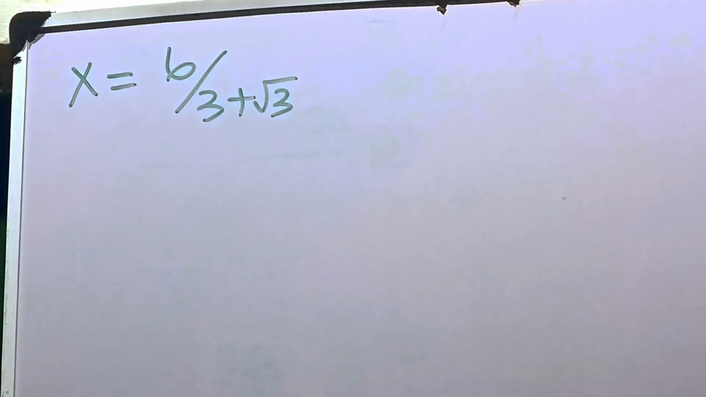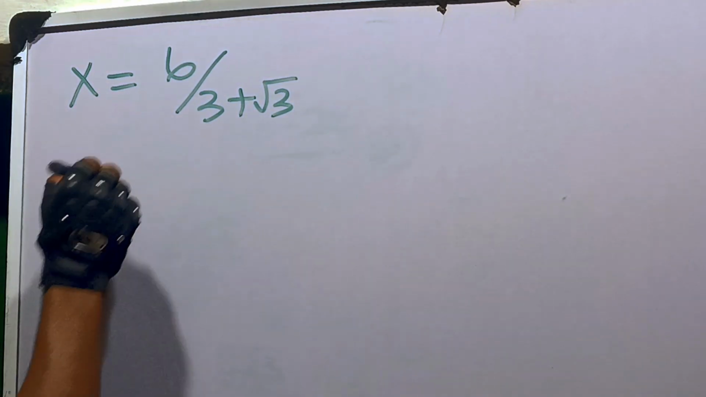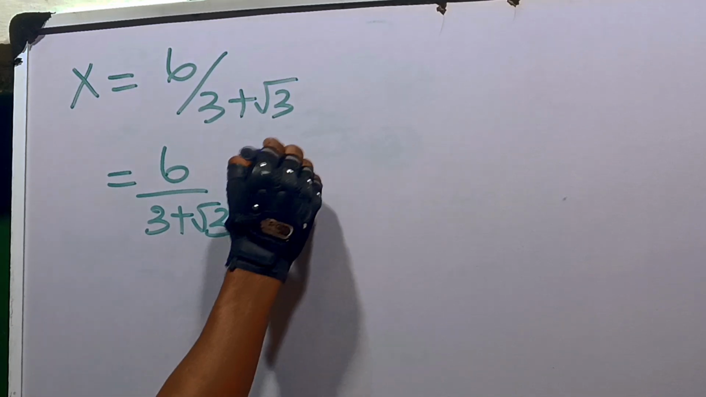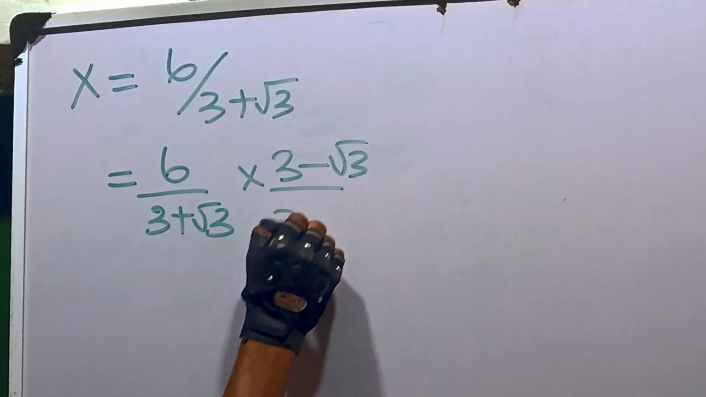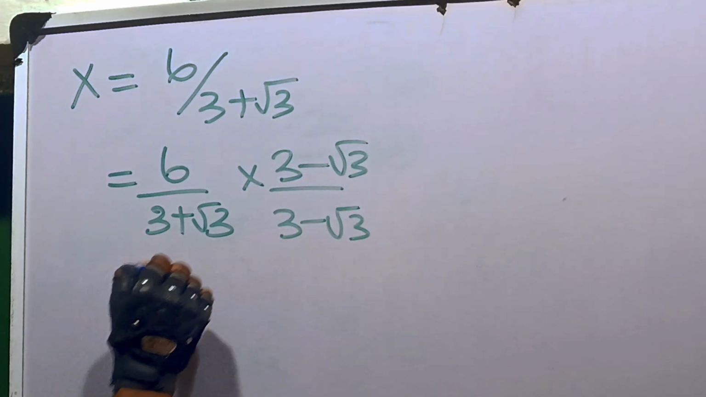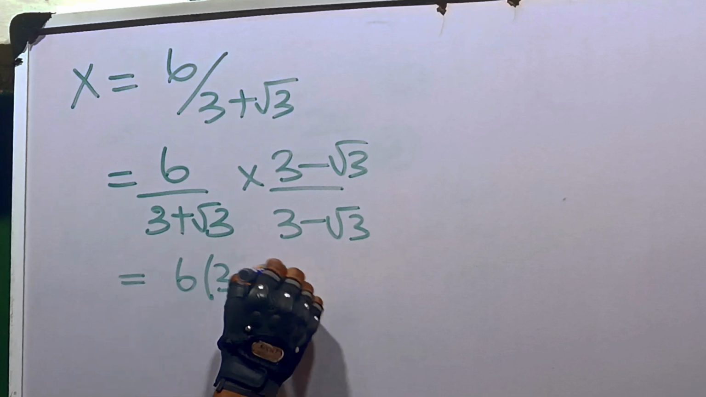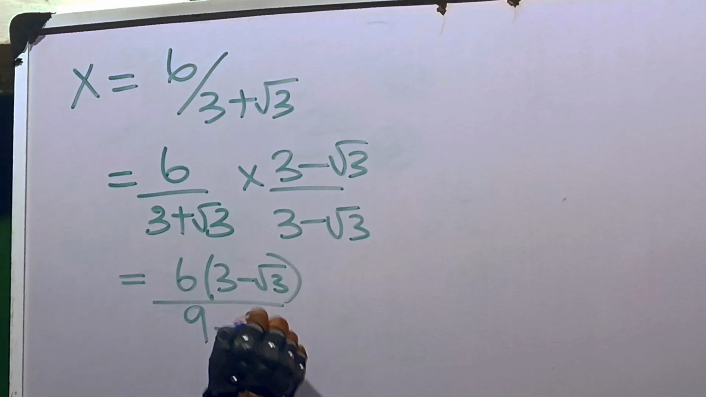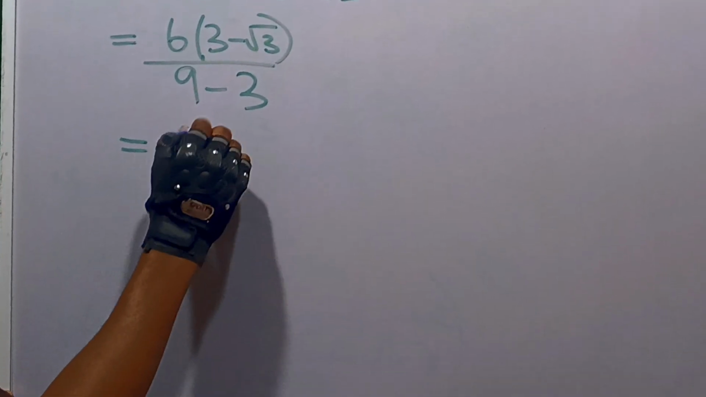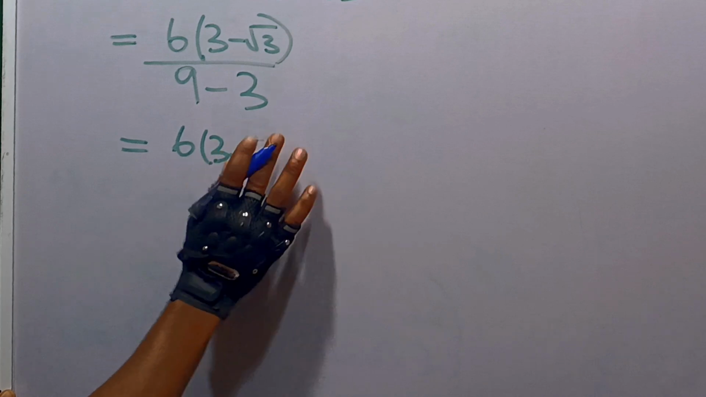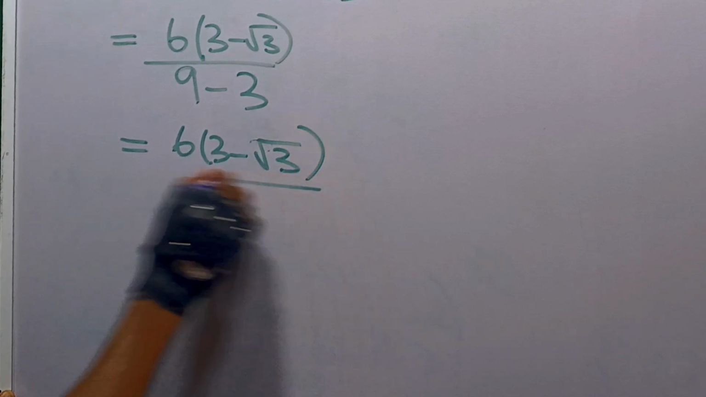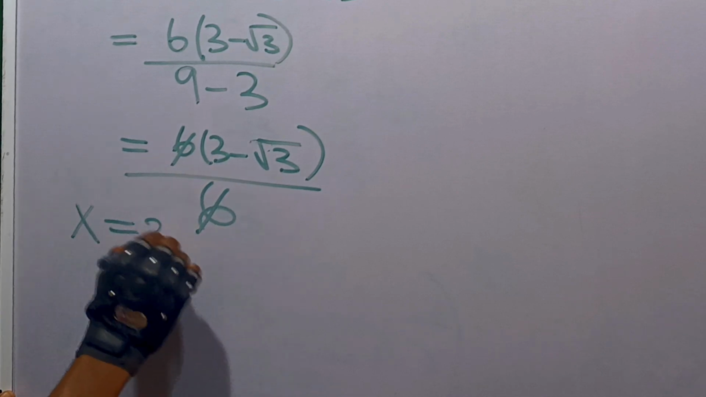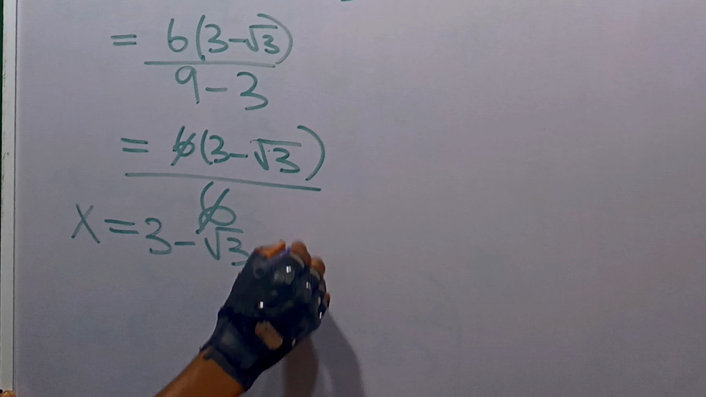Let's do that now. In order to rationalize this, we're going to say that this is equal to 6 divided by 3 plus root 3. We're going to multiply by 3 minus root 3 on top and by 3 minus root 3 at the bottom. So we would have that this is equal to 6 into 3 minus root 3 divided by 3 squared, which is 9, minus root 3 squared, which is 3. So this becomes equal to 6 into 3 minus root 3 divided by 6. 6 divided by 6 cancels, so we have that x is equal to 3 minus root 3